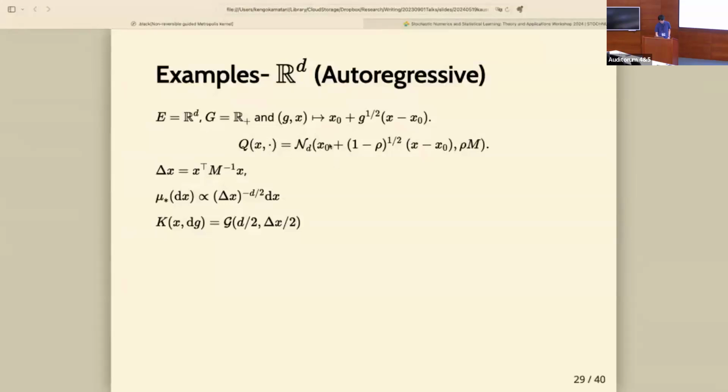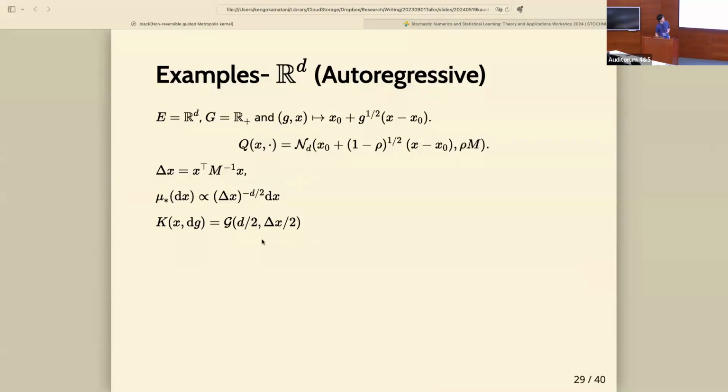So the next state is proposed by this normal distribution. The center is X, and for the next proposal, we consider some effect of the current direction, the current point. So this is just an AR process. In this case, what G looks like, so G is